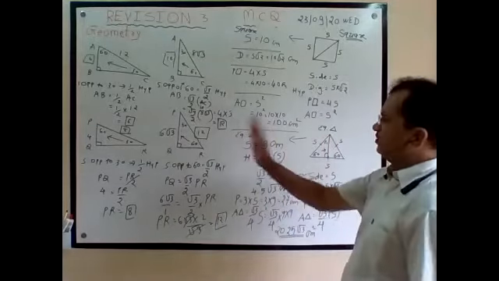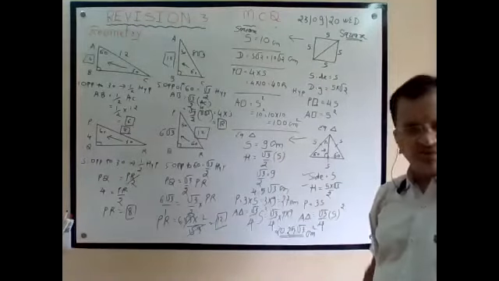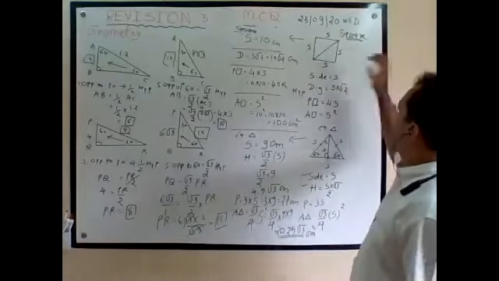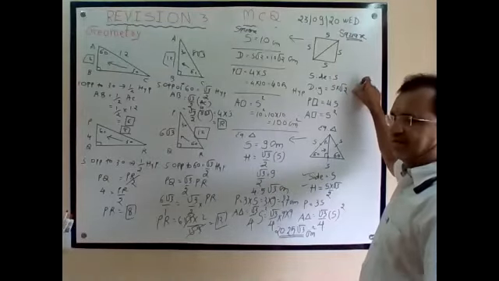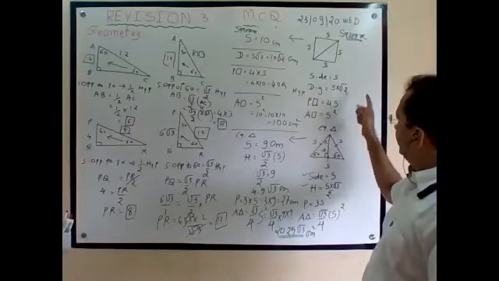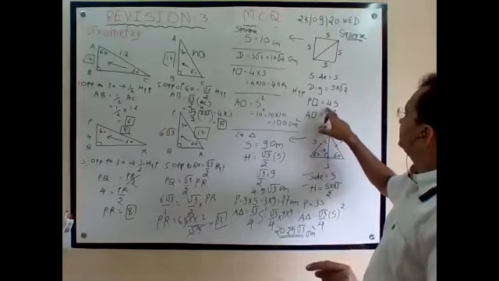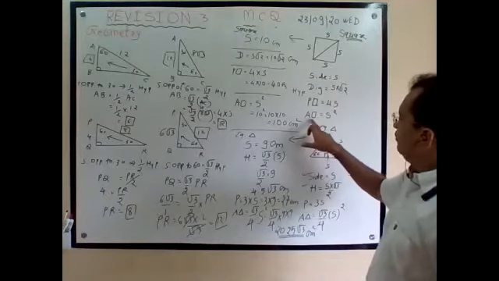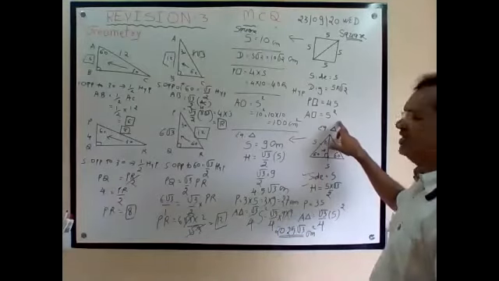From that 1, 2, 3 part, we can conclude the formulas of square and equilateral triangle. For square, side is equal to S when side is given. Diagonal is equal to side into root 2. When diagonal is given, divide by root 2, you will get the side. Perimeter of square means sum of 4 sides, it is 4S. When perimeter is given, divide by 4, you will get side. When area is given, area is equal to side square, so take a square root, that will be the side.